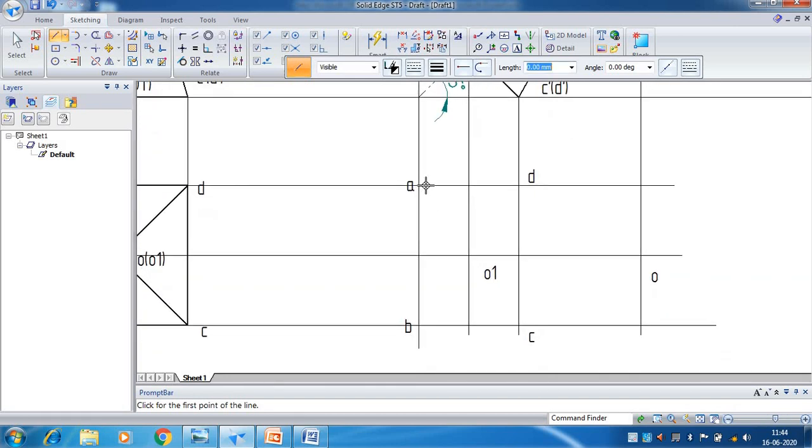Start from any one of the base. Start from A to B. First you need to draw the outermost boundary, A to B, B to C. Don't join directly from B to D. So after B, if you move the cursor, the next point is going to be C. Then don't join directly this C to D. If you rotate this cursor, the next point is going to be O. This is the outermost boundary.